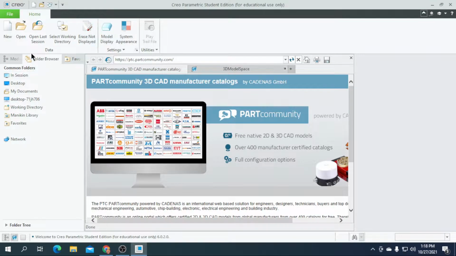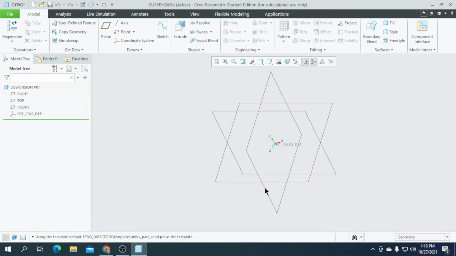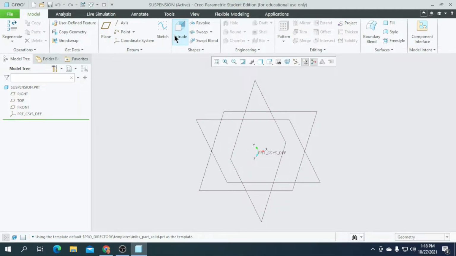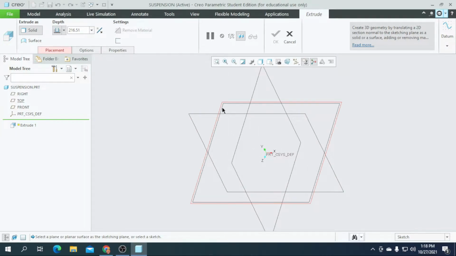Now let's create our part. Click on new and enter the part name as suspension and click on OK. So now first we are going to extrude a part and click on extrude, and now let's create an extrude